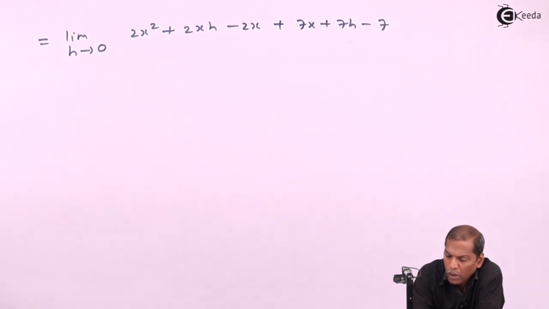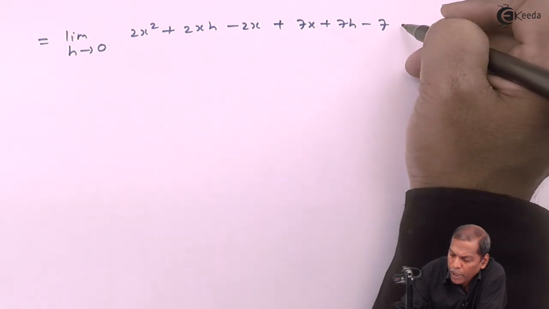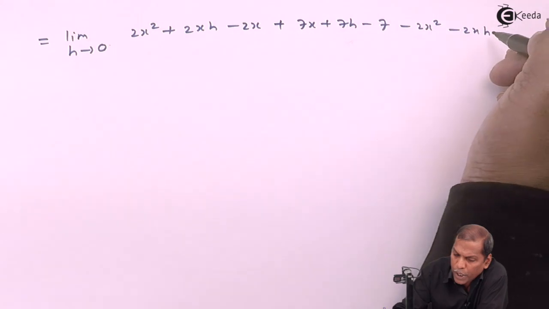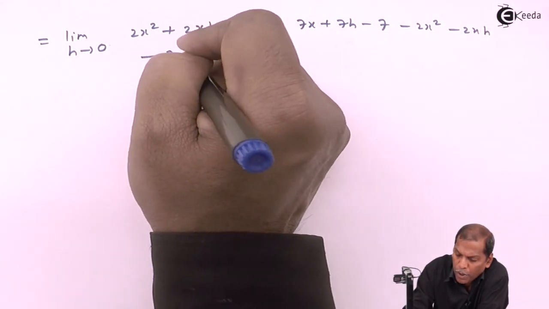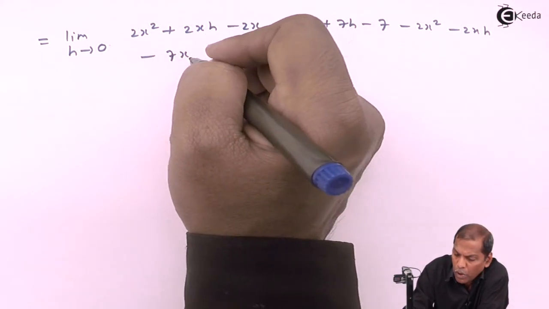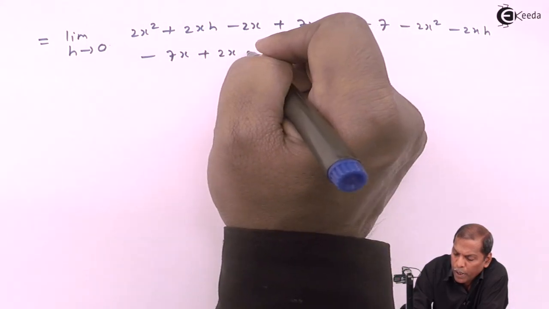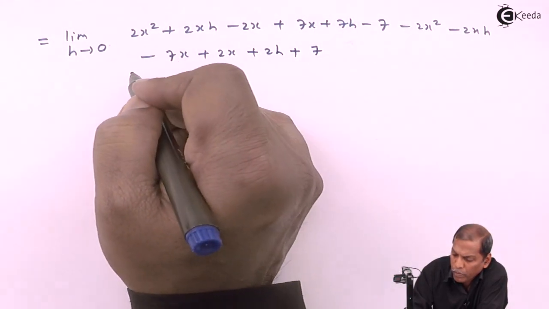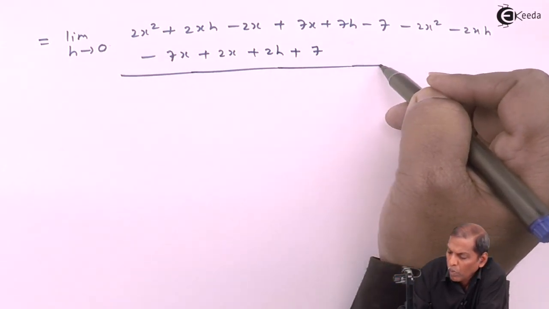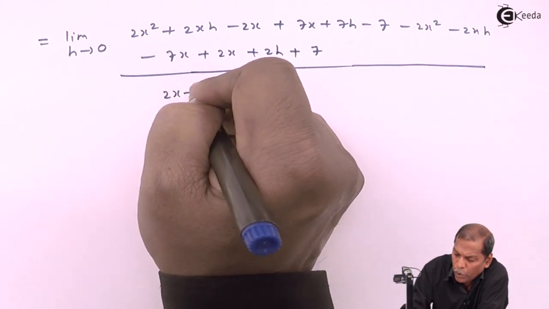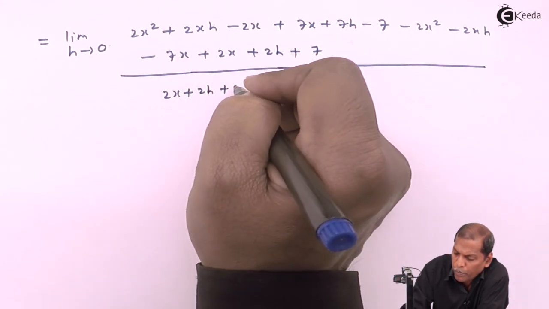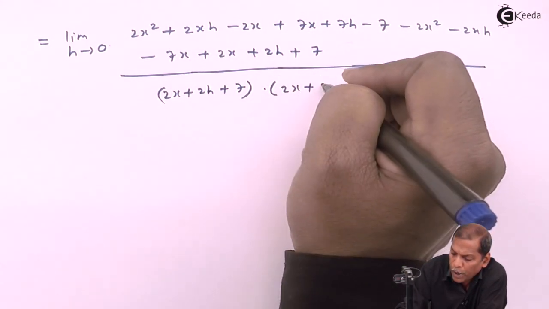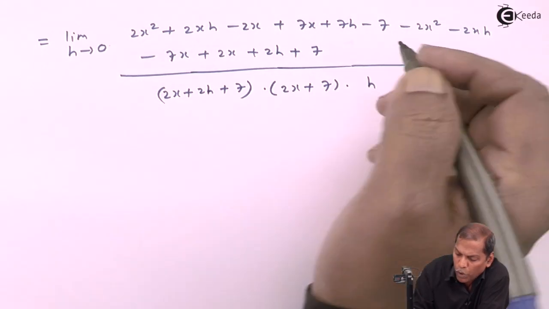And then minus 2x², then minus 2xh, minus 7x, plus 2x plus 2h and finally plus 7, then the whole thing divided by (2x + 2h + 7) into (2x + 7) into h,